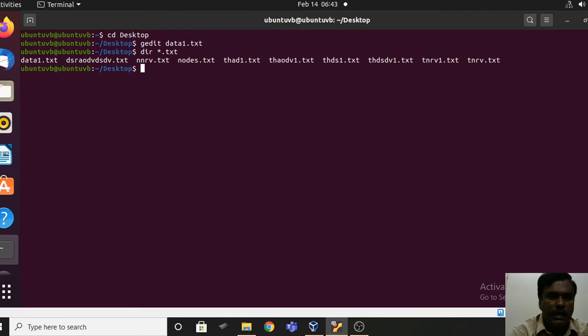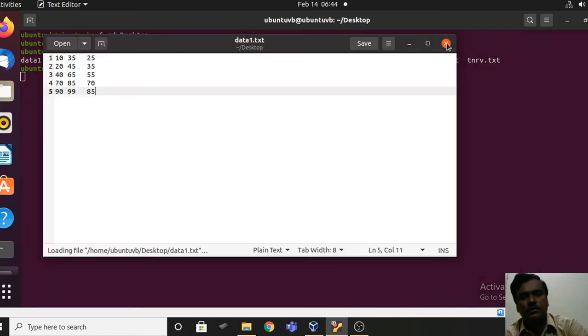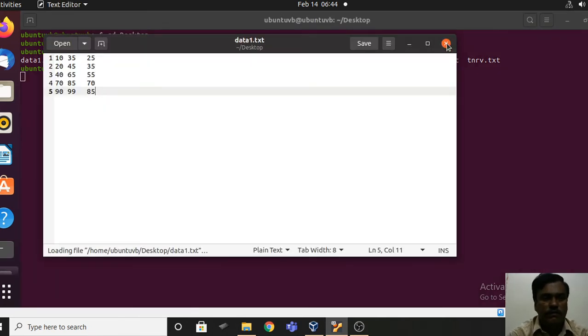Do you find a file named data1.txt? Yes, it is there on desktop. If you want to see the content of that file, you can use the command gedit data1.txt. So this is the file that we have created just now.